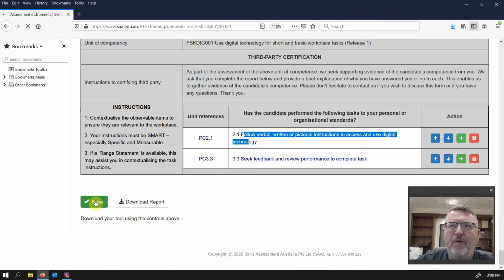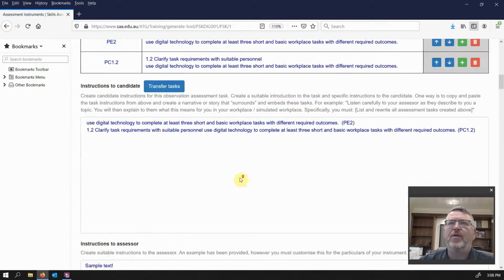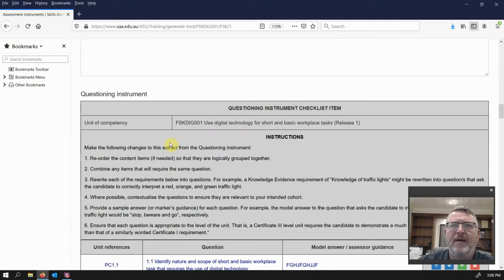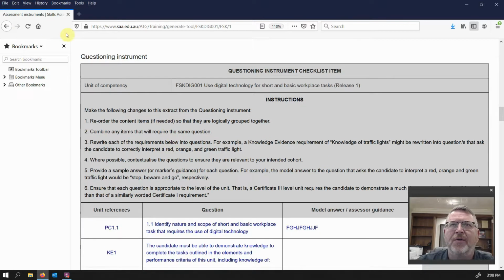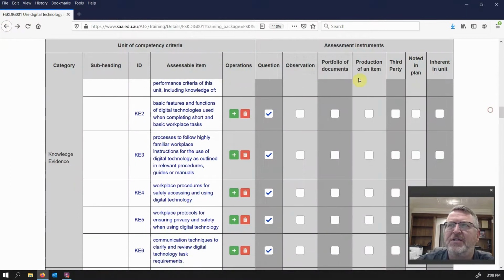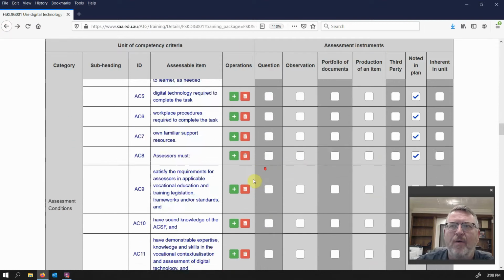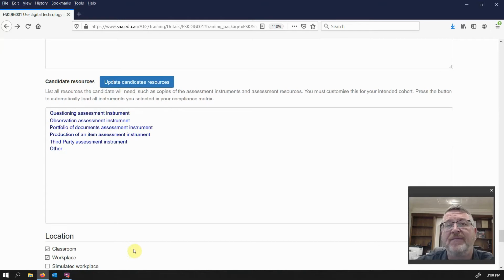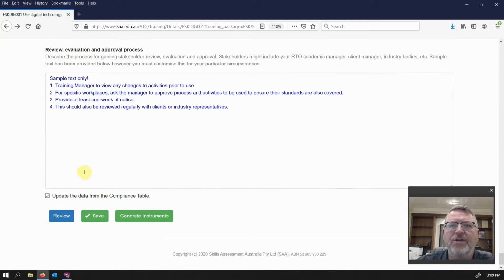What we need to do is save what we've just done. Now, a really cool feature here is that if there's something you don't like in the way items are now appearing in each of these instruments, what we can do is go back to the plan and we can make edits to the plan. So for example, if you decided to change the location of where something's being assessed, you can make that change now. However, what that means is when you press the Generate Tools button, it's going to rewrite anything that you may have previously saved. So you want to make sure that compliance matrix is done nicely. However, if you don't change the compliance matrix and you're only making changes to some of these other fields here, then what you can do is you can untick this box, press save,